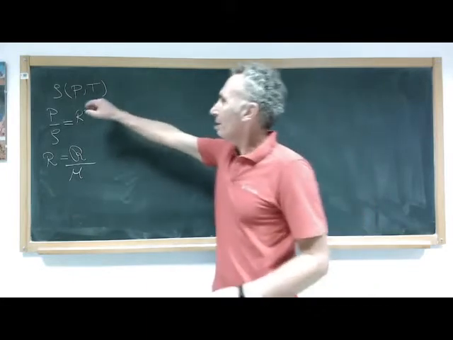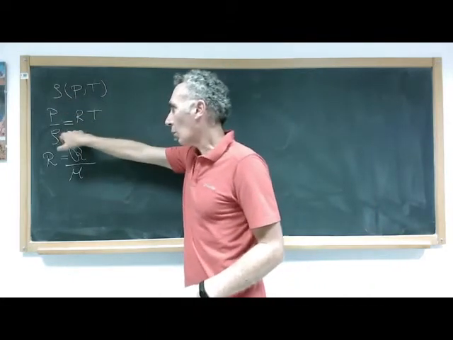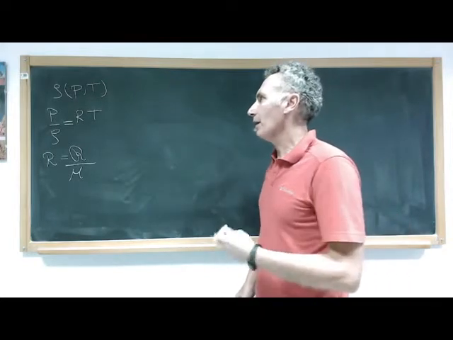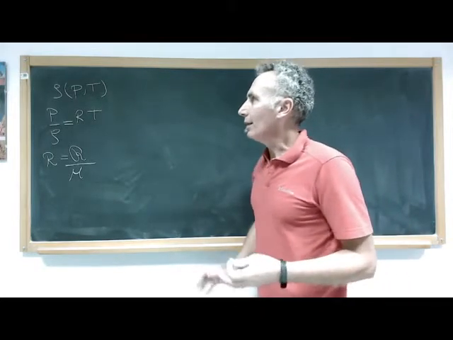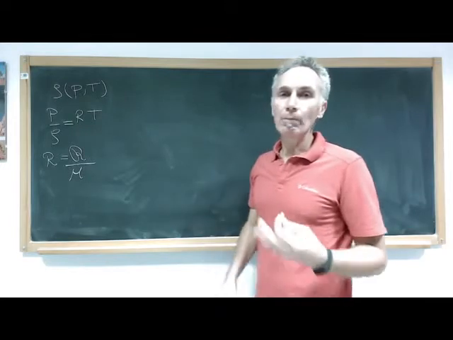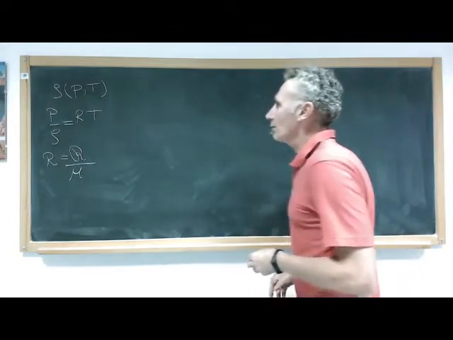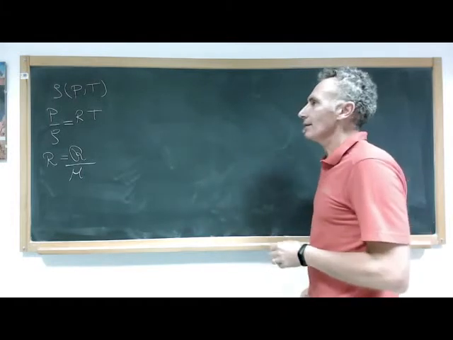Anyway, from this relation, of which the equation of state is just a very famous example, we see that density depends on pressure and temperature. So let's start to consider the pressure dependence